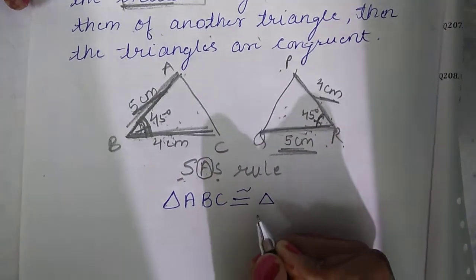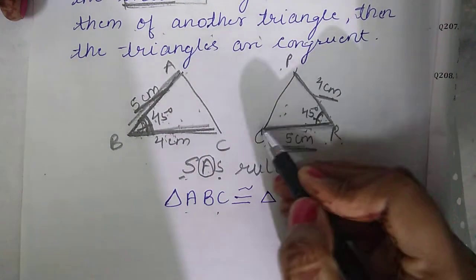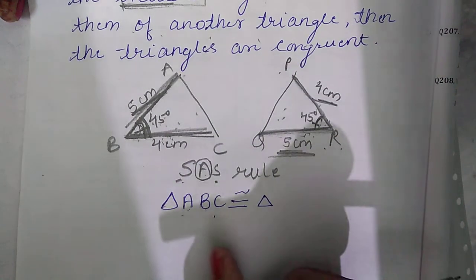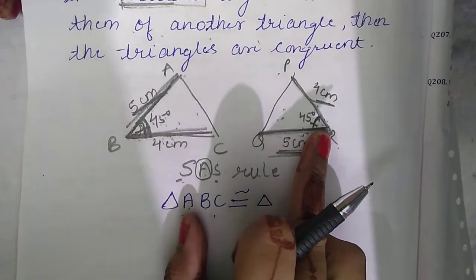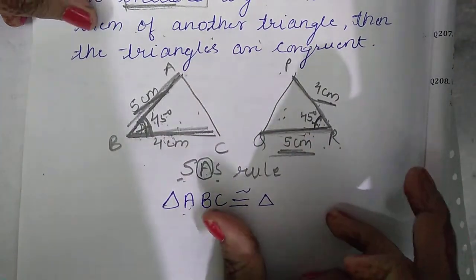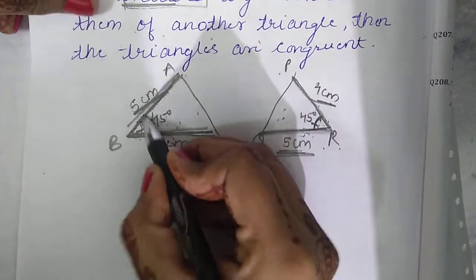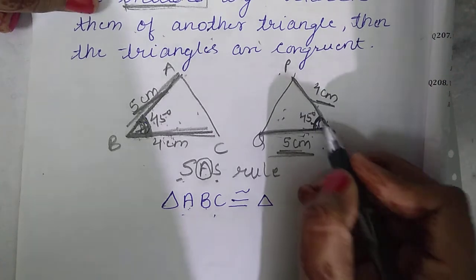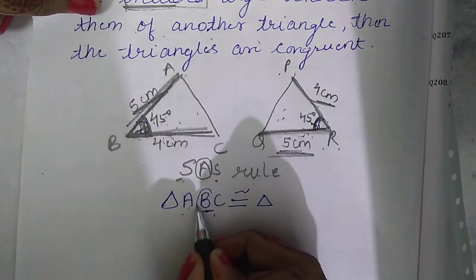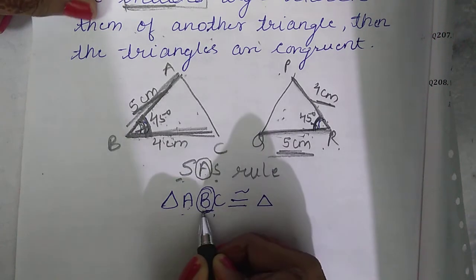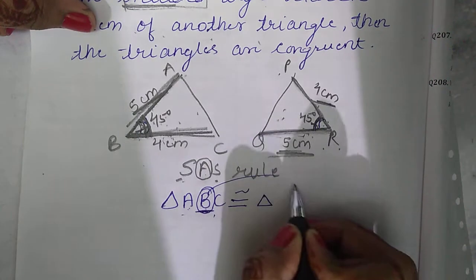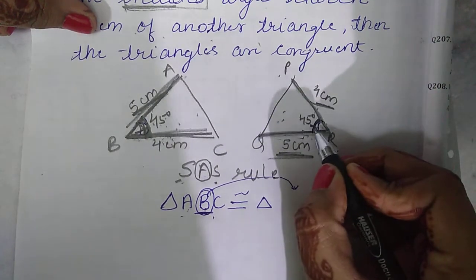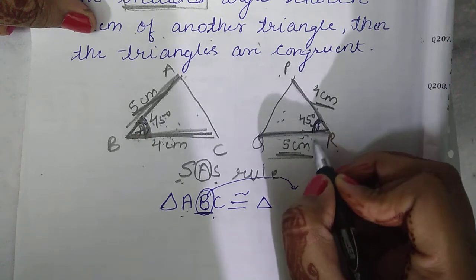Now I will write the name according to this. Now I write the name of triangle PQR according to symbolic form. Now whenever the angle is given, here one angle is equal, so I will first fix the position of that angle. Here the angle is at vertex P, okay, and here the angle is at vertex R. So corresponding to the given angle, that is on vertex B, and this is on second position, so I will write on second position corresponding to this angle, I will write the equal angle of another triangle.